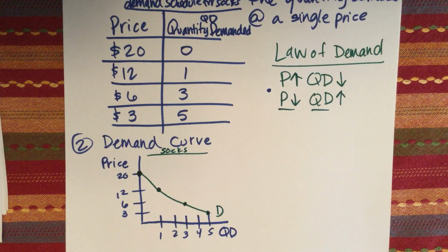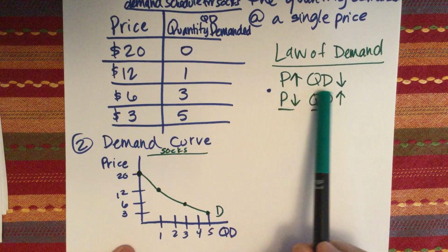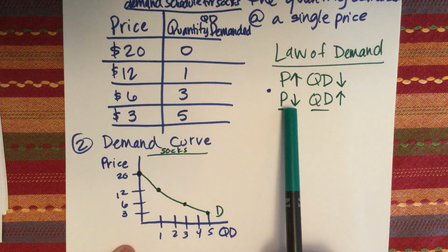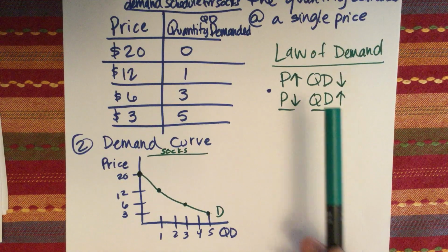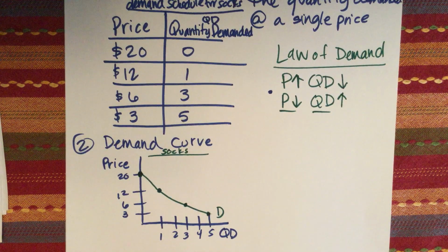And also because of the income effect, which is closely related to the law of demand, that when prices are high, we feel poorer, so we don't buy as much. When prices are low, we feel richer, so then we buy more. All of the reasons for this curve being downward sloping is on the PowerPoint that is on Google Classroom that I posted along with the vocabulary, which is not for a grade, but it's what you should be reviewing for every little section, and what you should know. So that's just like a guide for you. I'm not going to be collecting that as a grade.